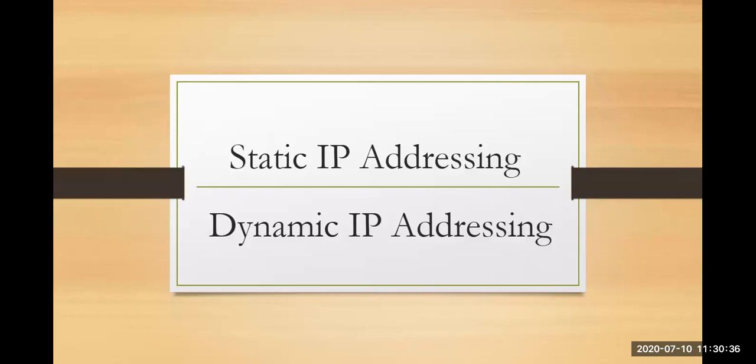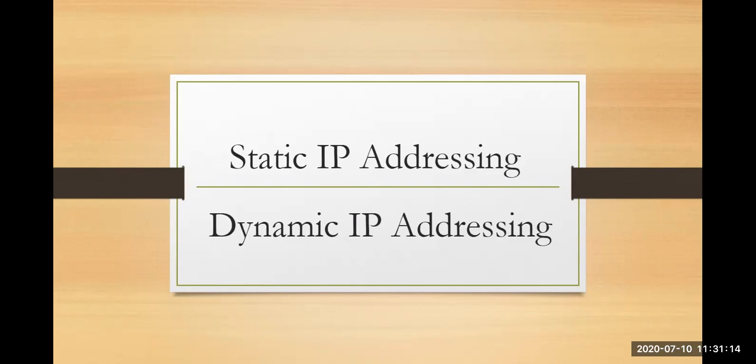Static IPs are less secure only for the reason that since you cannot change it, the same IP is there, and it is easily seen by anyone who is accessing the static IP. So once they have access to your IP address, they will come to know and can easily have access to it. Whereas if I talk about dynamic, since it keeps on changing, nobody will know your actual IP address, since you are using dynamic IP addressing with the help of a DHCP server. So every time any device connects with you, they will see a new IP address. They will never come to know your original static IP address. So that is why it is more secure.